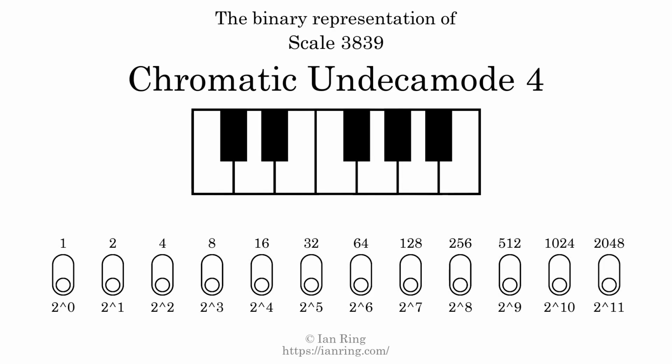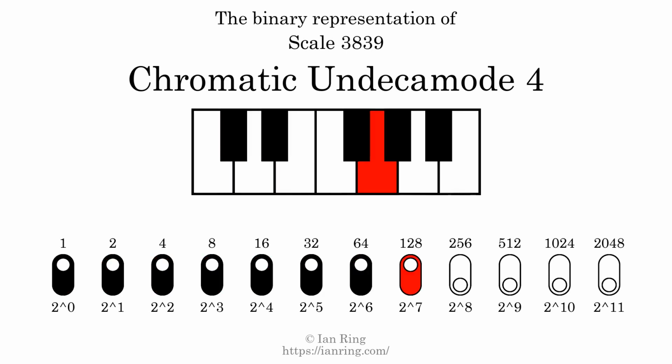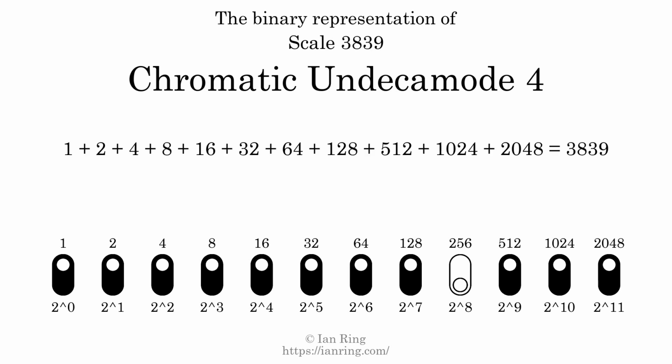The binary representation of this scale is determined by mapping tones of the scale to binary digits. Each binary digit represents a power of 2. To get the scale number, we add the powers of 2 together. The powers of 2 that are present in the scale, all added together, equals 3839. That is why the scale number, in decimal, is